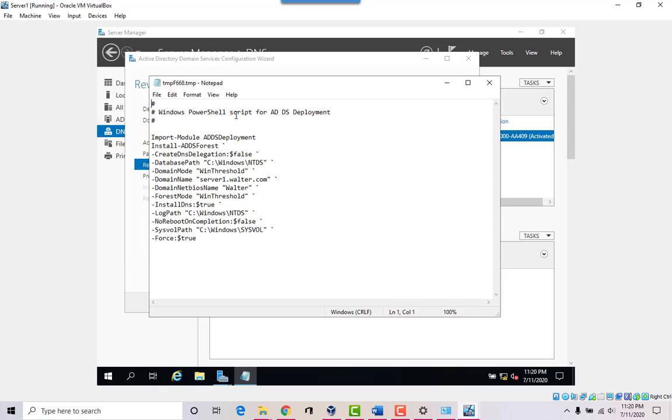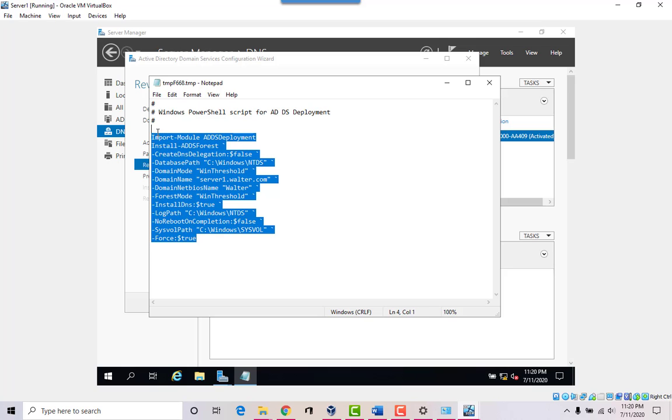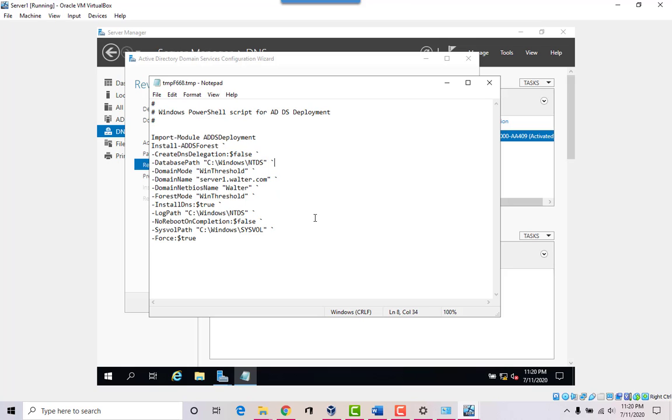This is the PowerShell script that can create your entire domain. So what this says here is, hey, let me use these modules here, right? This is the module for ADDS deployment and the ADDS forest. Create a DNS delegation? No, because we are the delegation.